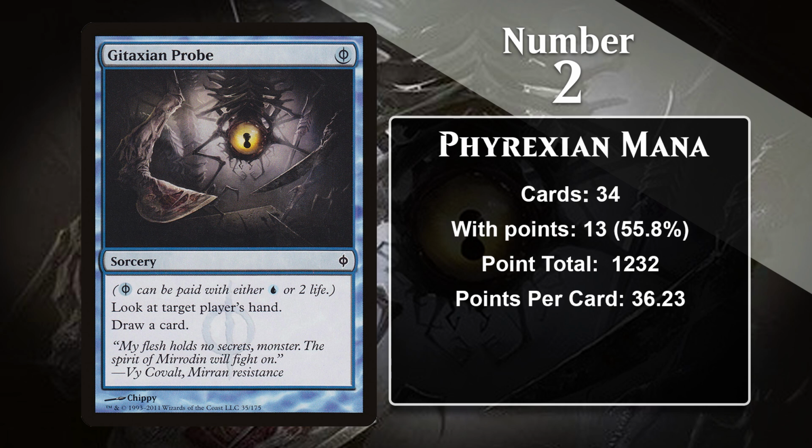Cards printed that can have alternate casting costs have always been strong, and they printed way too many cards with Phyrexian Mana that cost effectively 0 mana and 2 life. With Phyrexian Mana, you can pay mana of a specific color or 2 life for each Phyrexian Mana symbol. This not only creates free spells like Gitaxian Probe, which, by the way, synergizes really well with Storm, but it